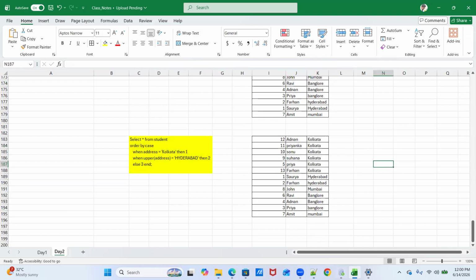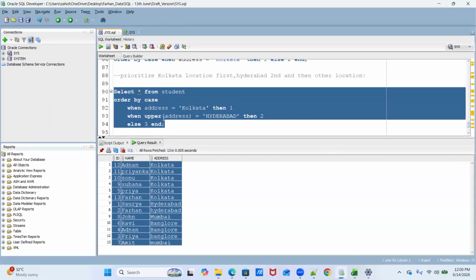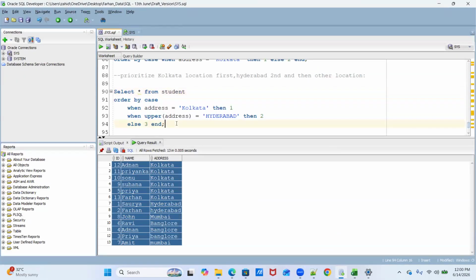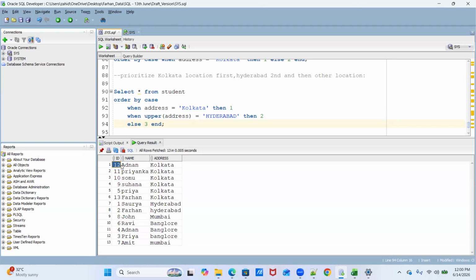Fine. Now again, there are so many variations over here. Again in these records, I want to sort based on the name column as well. I want the Kolkata location to be at first, but I also want to sort based on name.